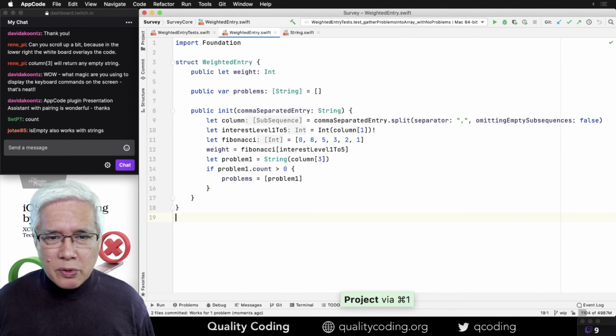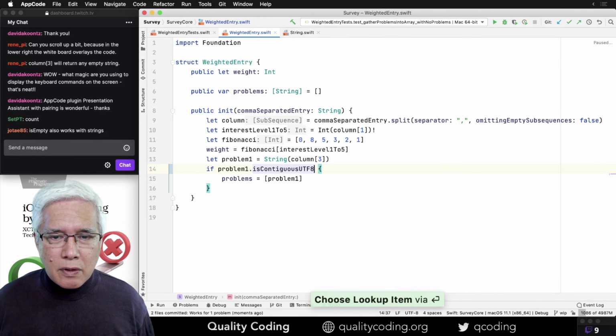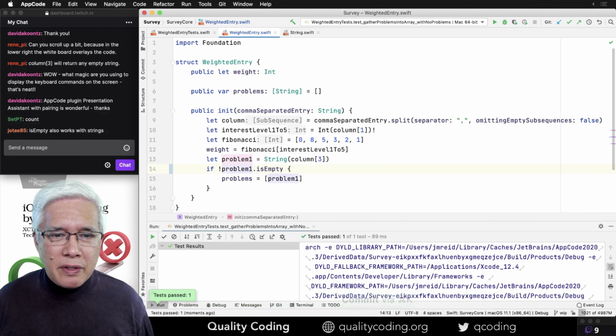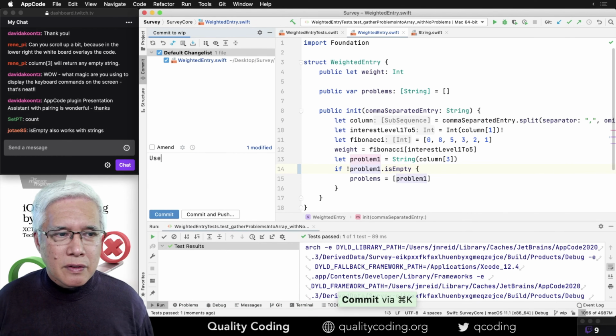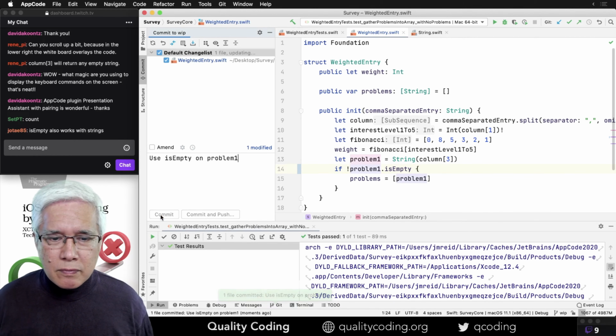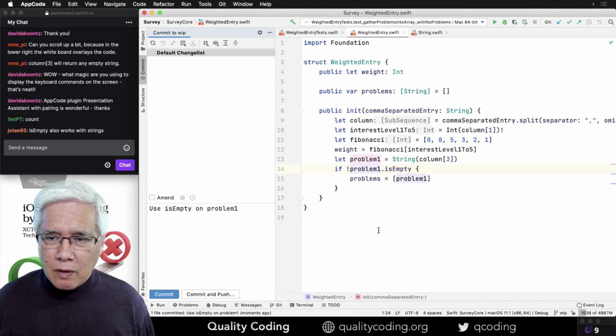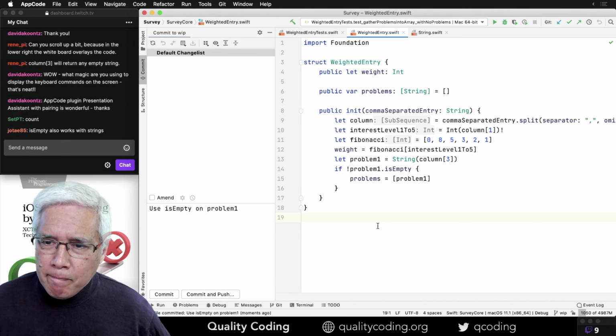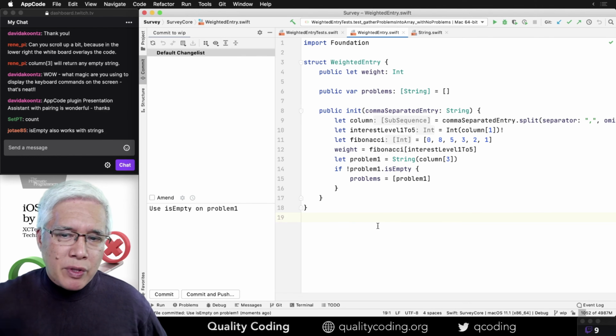isEmpty also works with strings. Let's try it. I'll say not that, but say if it's not empty. Good, so that's a valid refactoring. And now, how to make this better. The answer may be more evident when we get to more than one problem.